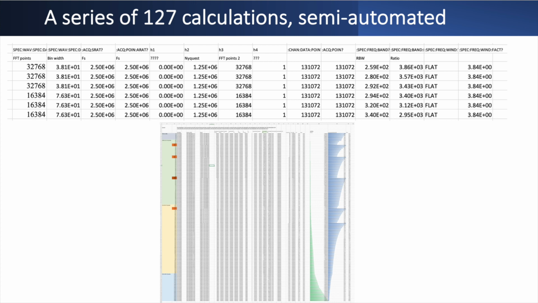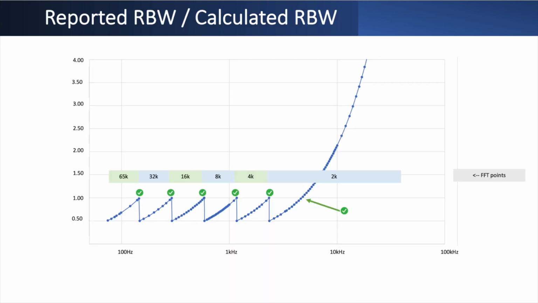And let's now look at what we actually get to see if we try to use these earlier formulas on this. Because now we actually get from this data the number of FFT points, we got the sampling frequency, we got the factor, so we can try to calculate that now. I did it in a number of steps, but the results I finally got are shown on the screen over here. The graph over here is showing the resolution bandwidth as reported by the oscilloscope,